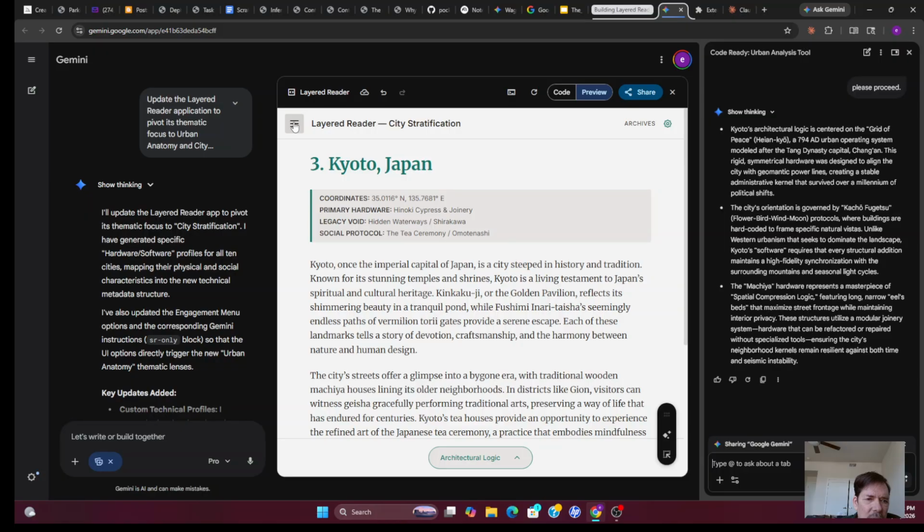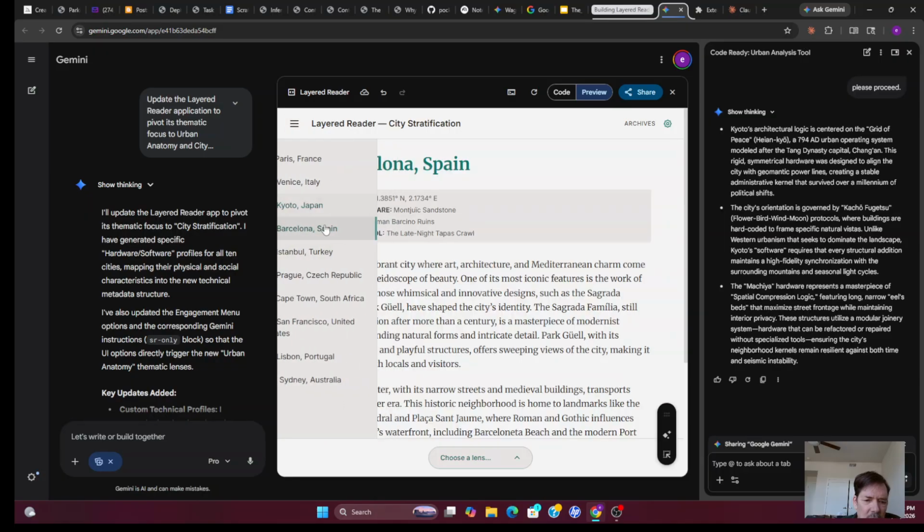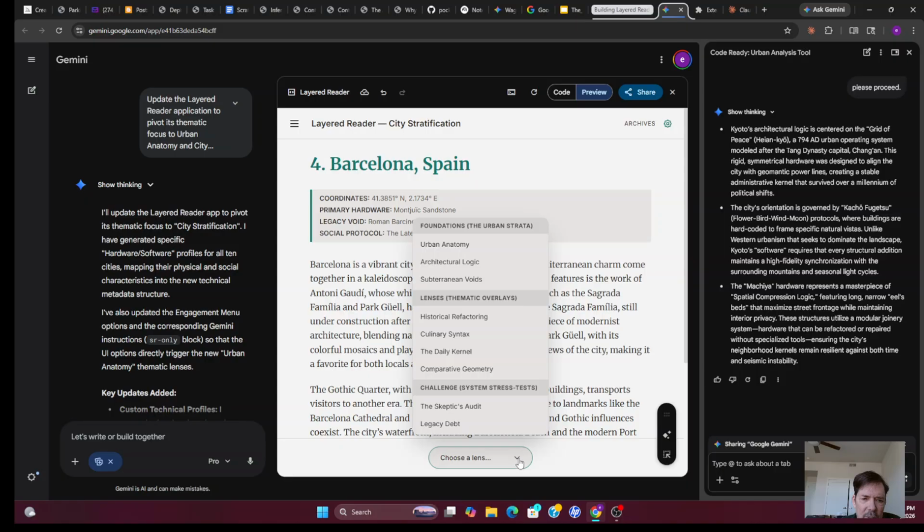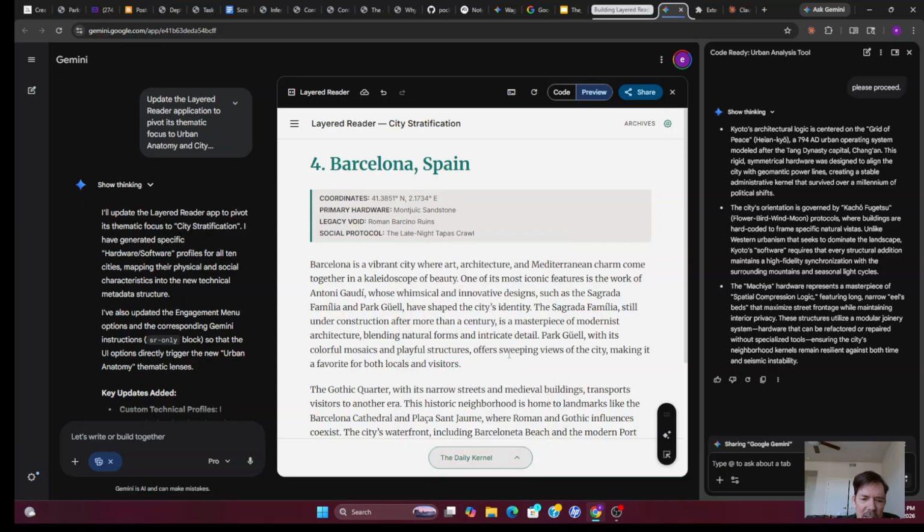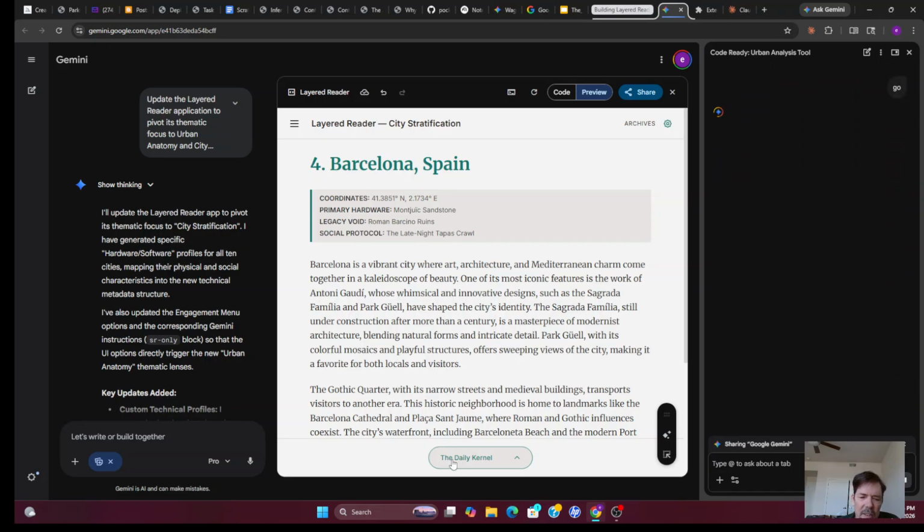And I'm going to choose a different city, so I'll choose Barcelona. And let's see if there's architectural logic. That would be a nice choice for that too. But let's choose something different. I'll choose the daily kernel instead. And I'll just say go. And so what this should do is it's going to look at the menu item. It sees the city as Barcelona, Spain. And then it's going to comment about,